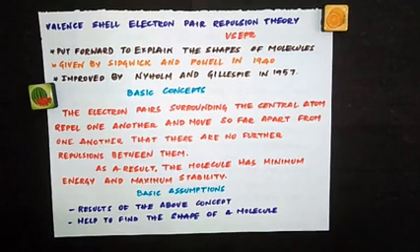Hello students. In today's video we are going to learn about a new theory, valence shell electron pair repulsion theory. When we started this chapter, chemical bonding and molecular structure, I listed a few theories that have been put forward to explain the chemical bond formation and the structures of different molecules.